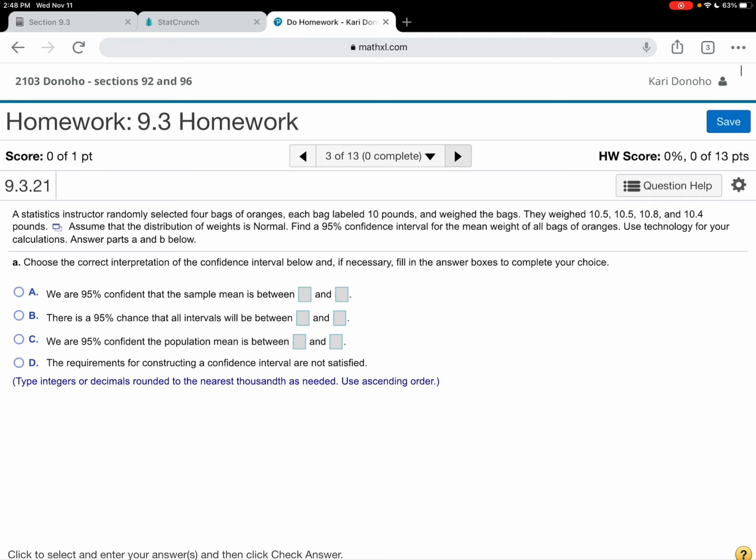Okay, so what you're used to having to type in order to do these when you go to StatCrunch is to type in the mean and the standard error. Well, you could certainly calculate the mean here if you wanted to and the standard error, but there's a different way and an easier way to do this. If you just go ahead and load this data into StatCrunch